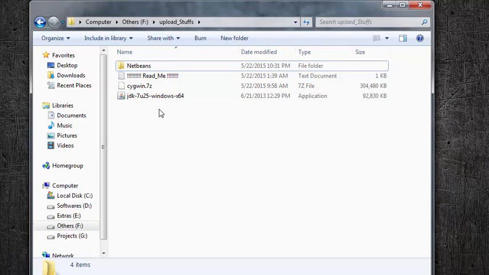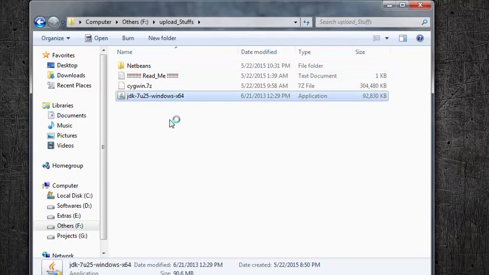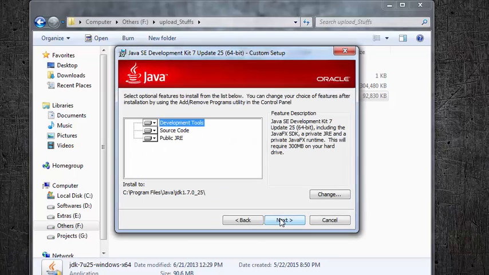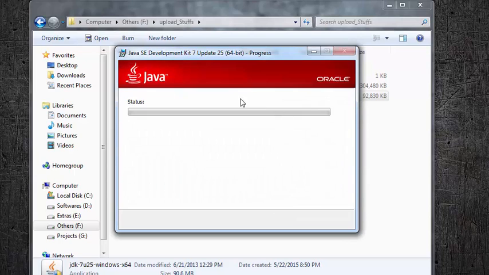Okay, now let's install the Java. Click next. So install Java using normal methods, so just set everything to default settings.